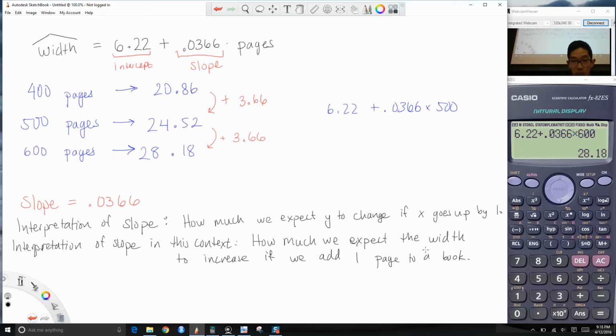Okay, but again, because it's so small, we would say, if we add 1 page, we expect width to increase 0.0366 millimeters. But that's kind of not very intuitive,